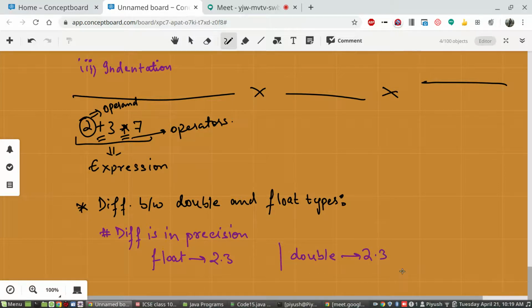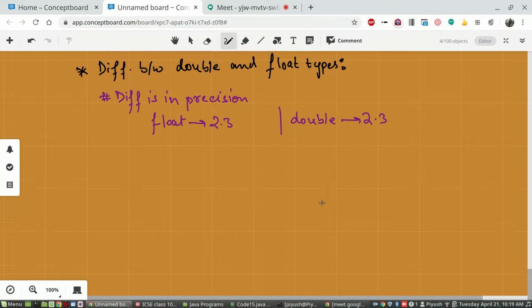Once you declare a variable of float type and another variable of double type, both containing 2.3, and you print both the values using system.out.print, for example float x is equal to 2.3, and then in your program double y is equal to 2.3. We'll keep it the same, 2.3 only.